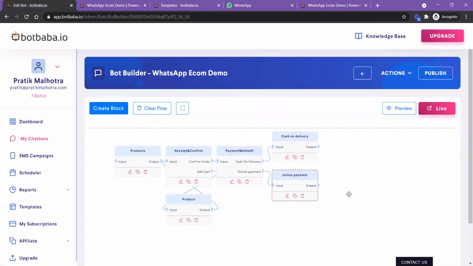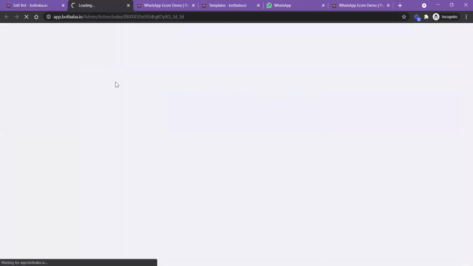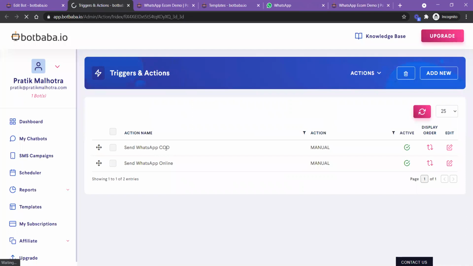You can customize that message from actions, and we go to triggers and actions. There are two actions here: send WhatsApp for COD, send WhatsApp for online payment. I will edit the online payment one.